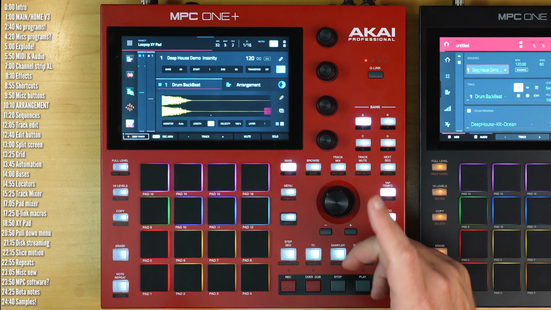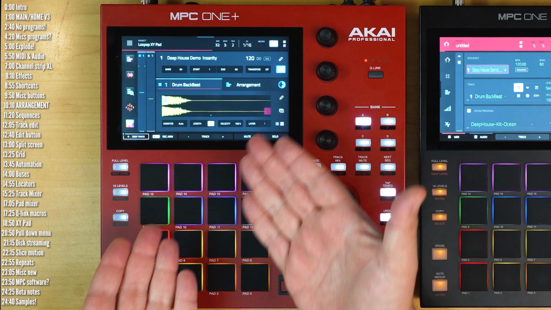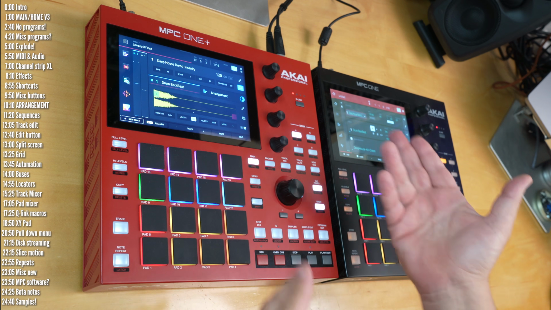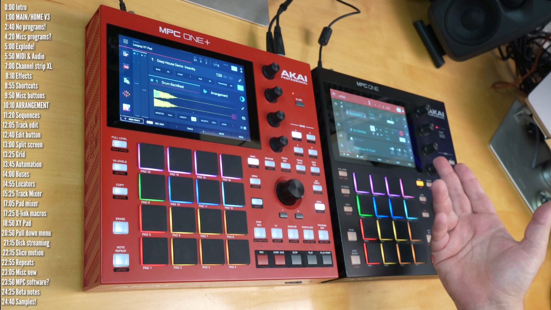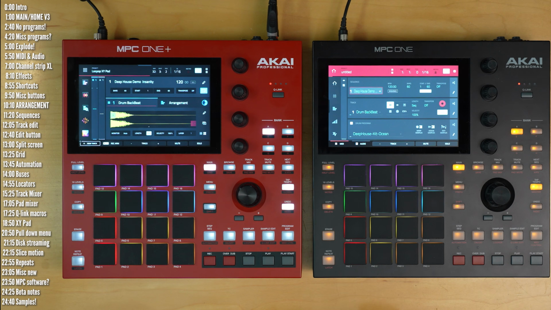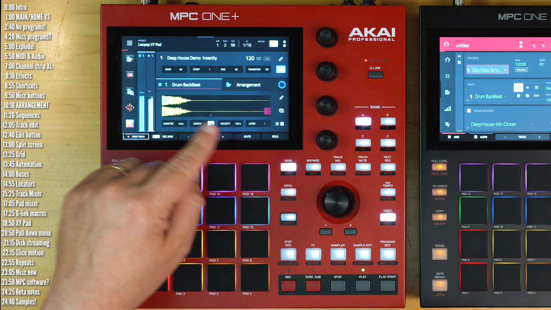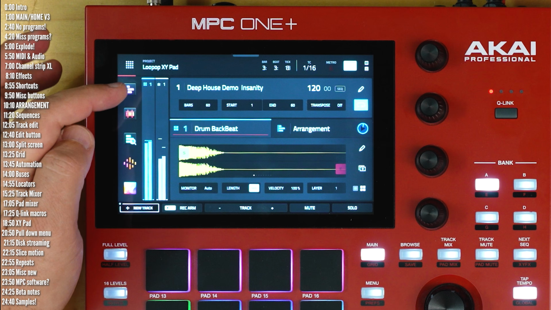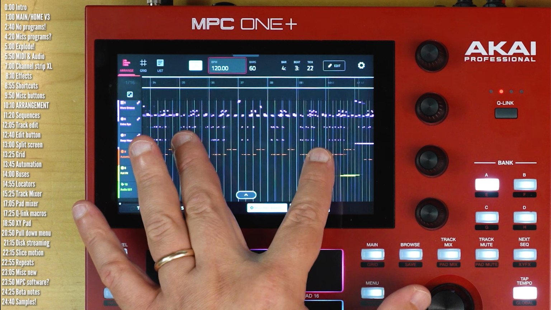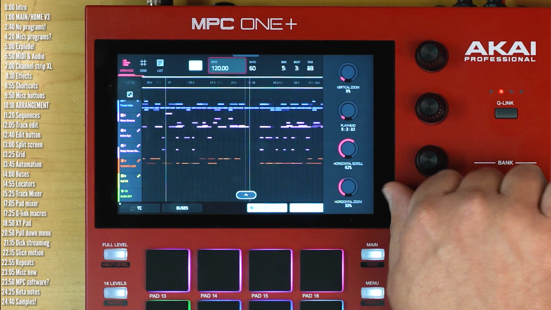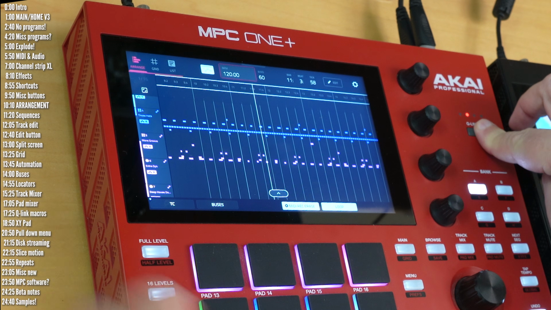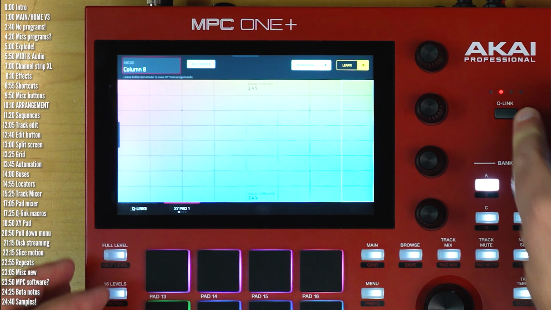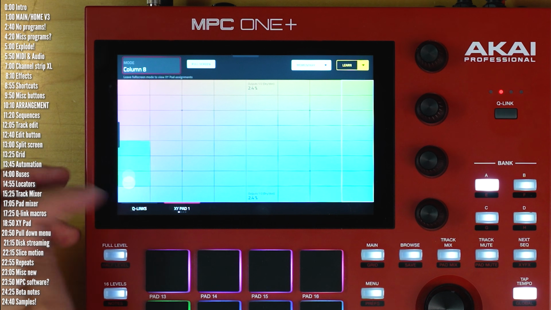Akai just announced an open beta of MPC 3, a major and free update to the MPC operating system and workflow, available for all their MPC hardware products, including the old MPC Live. MPC 3 includes a massively different home screen or main mode, a new dual contextual channel strip, a new arranger view that lets you see multiple tracks at a time, a new XY pad controller, which is a multi-zone macro control pad,